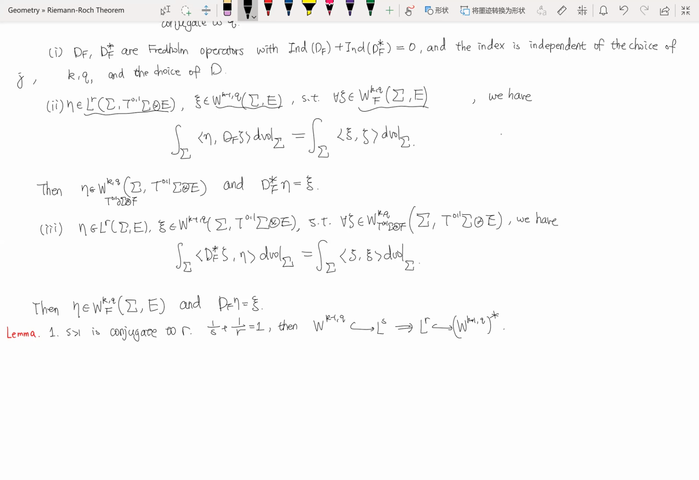For the second one, in any case we have WKQ can be embedded into the dual of WK minus 1Q. And the last statement is that if we have the inequality minus 1 over 2 is bounded by, or to say it is a sufficient and necessary condition, that is minus 1 over 2 is bounded by k minus q 2 over q, then we will have the